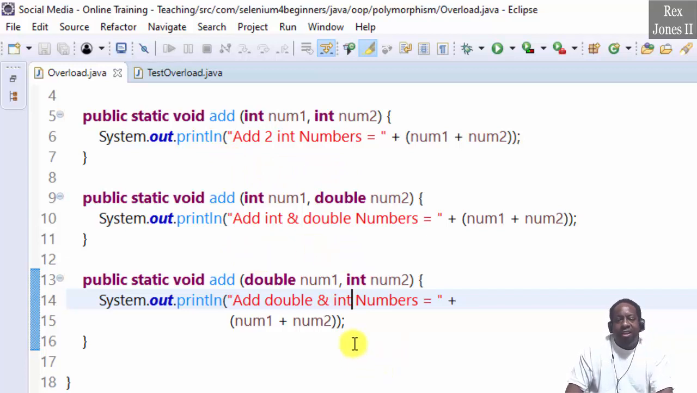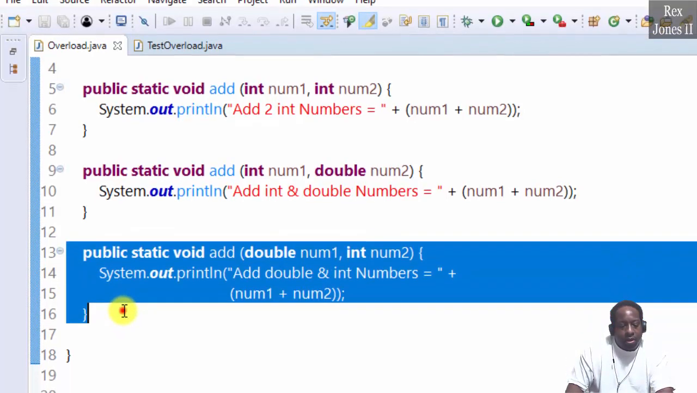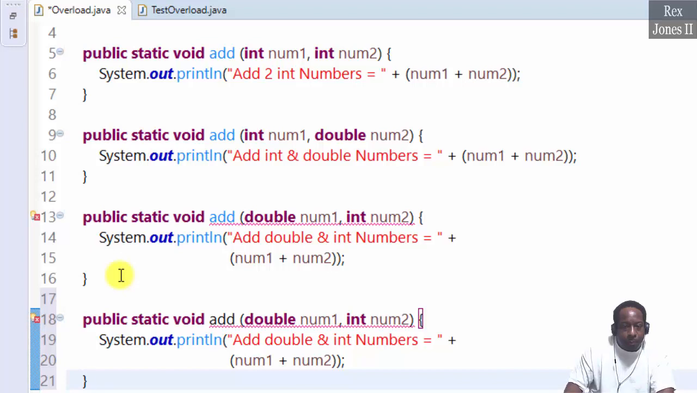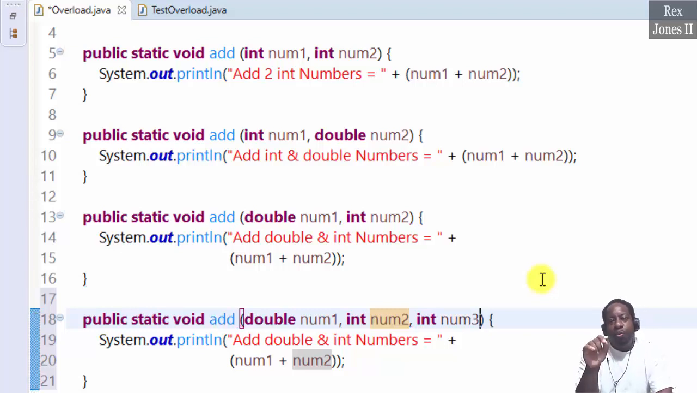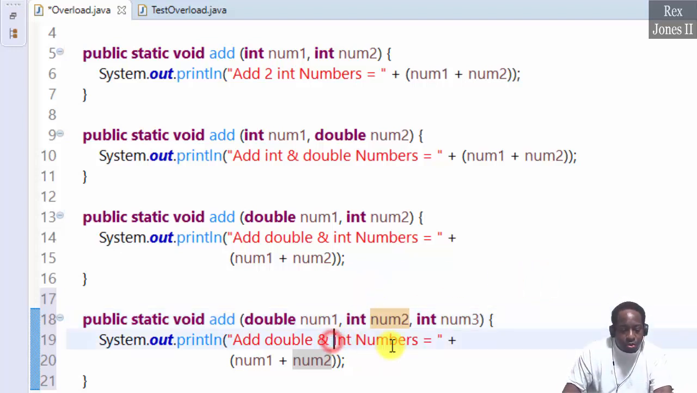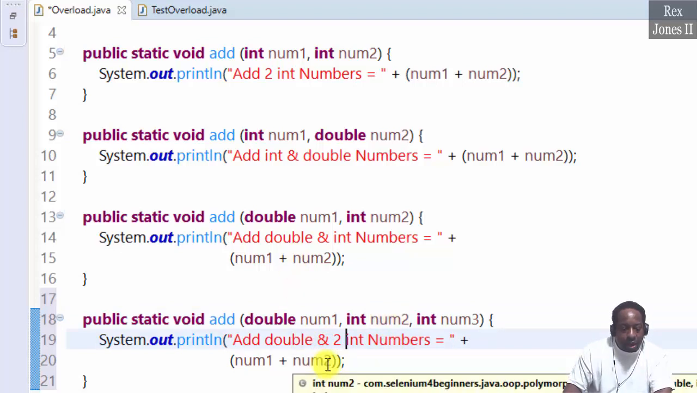Now, let's look at the number of parameters. Copy and paste. Then add int num3. We see every way to overload a method because the type and/or number of parameters are unique. Also update the print statement to int numbers and include